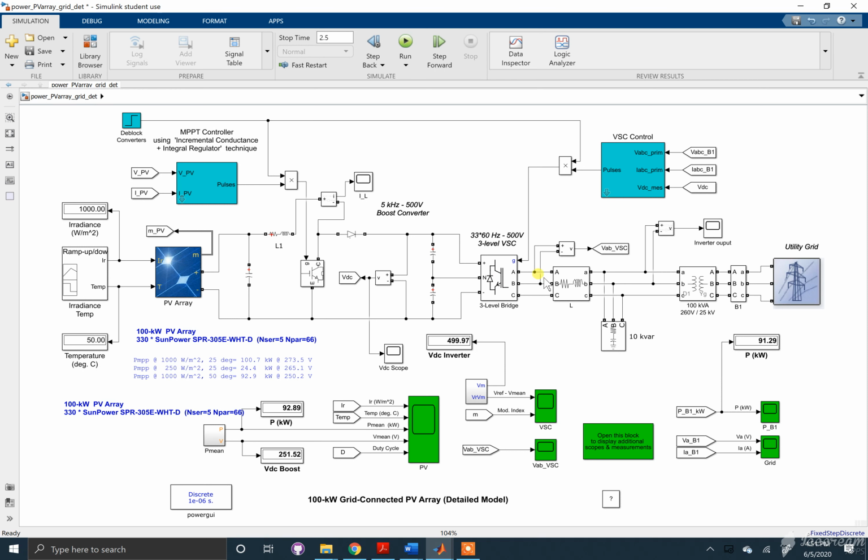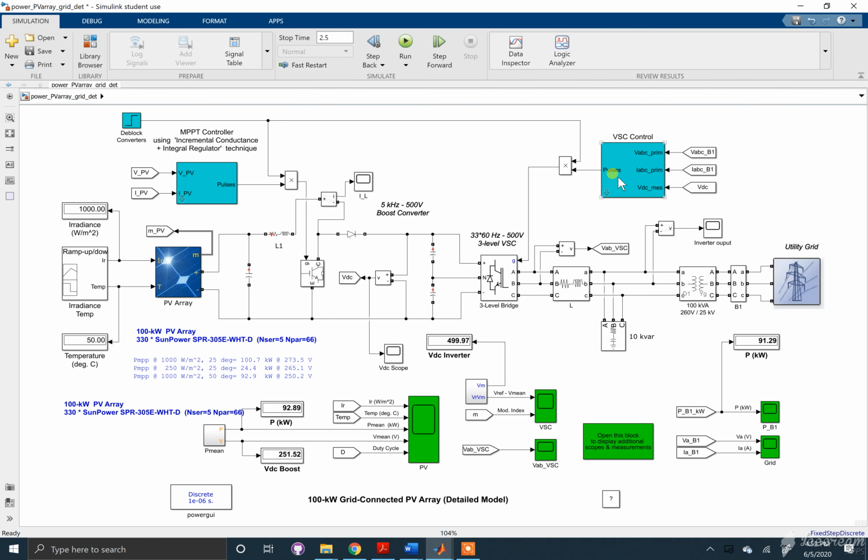The signal then passes through an inductive block and a capacitive block, which then filter the harmonics out of the AC signal before it's fed to a transformer that boosts the voltage from 260 volts AC to 25 kilovolts AC that will then be sent to the grid. I forgot to mention that the voltage source converter is connected to this voltage source converter control algorithm up here